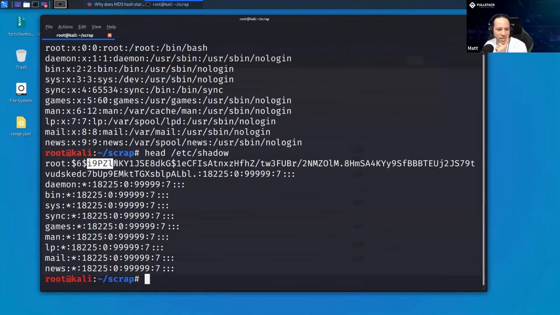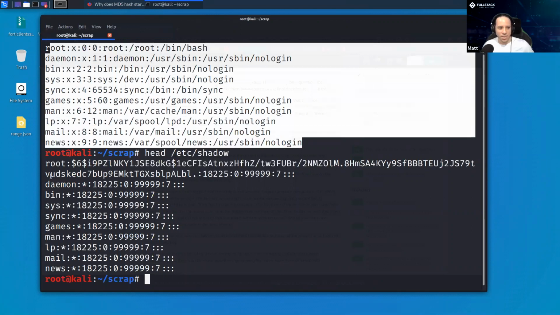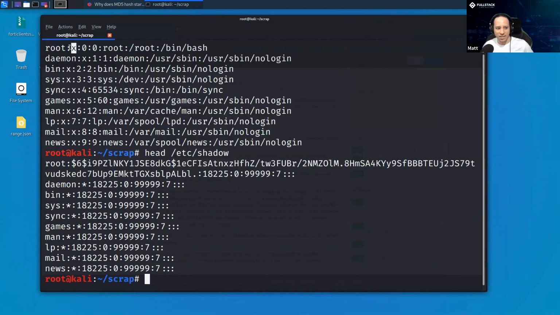I believe this part is the salt, and then there's a bunch else here. We're going to use John to take a look at this and to solve it for us, to break this hash. So the first thing we need is the file in the format that John accepts. And John accepts it like this, but with the actual hash inside here instead of this X. So John has a helpful utility called unshadow.